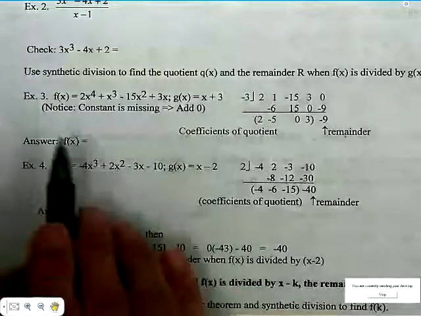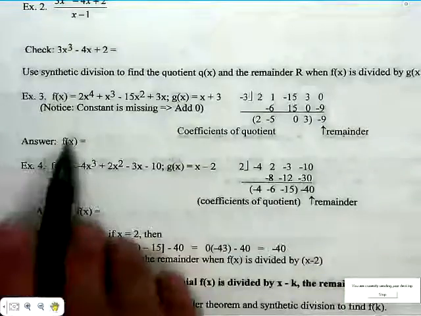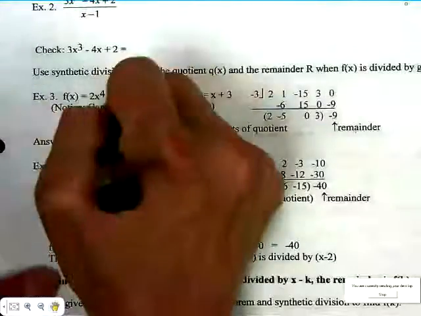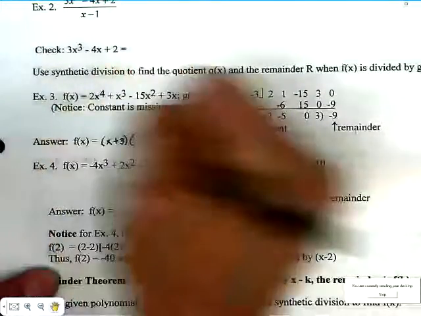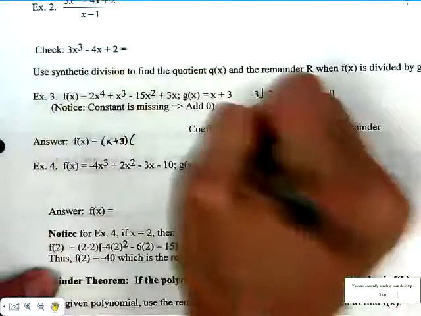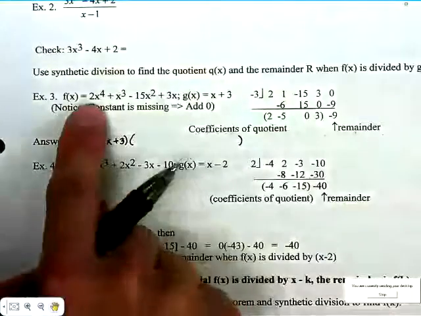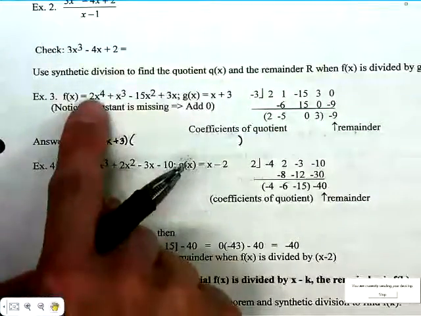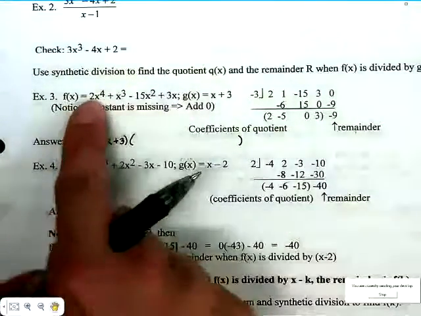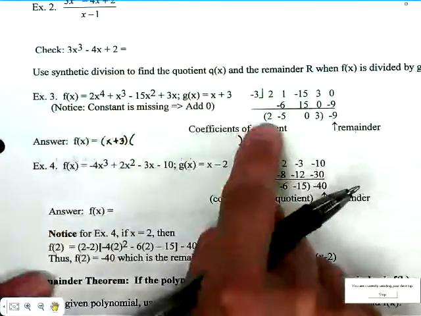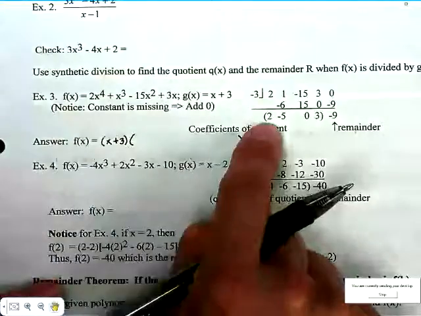This function can be written as the divisor, which was x plus 3, times what would the quotient be if we were dividing an x into a 2x to the fourth? What power would we start out with in the quotient? Yeah, you subtract the exponents because you're dividing. That 2 must be the coefficient of your third degree term. So 2x cubed